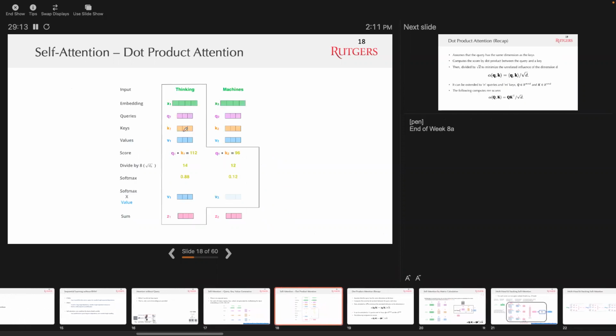So what's the input and output of self-attention? This is actually the key motivation. What's the input and output? The input of this self-attention is going to be, because you have 2 words,